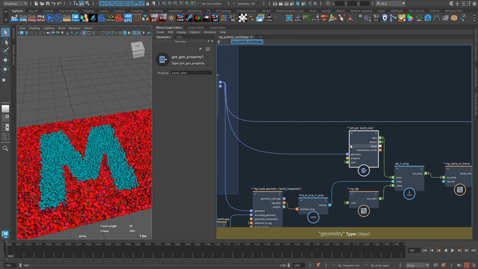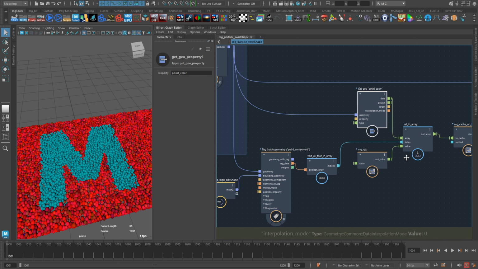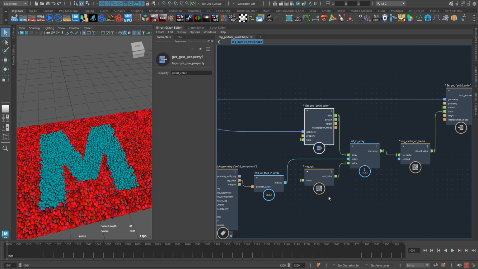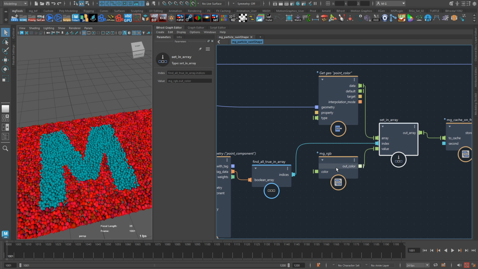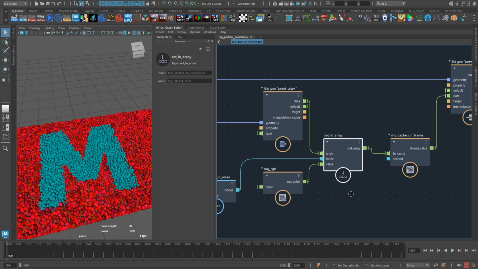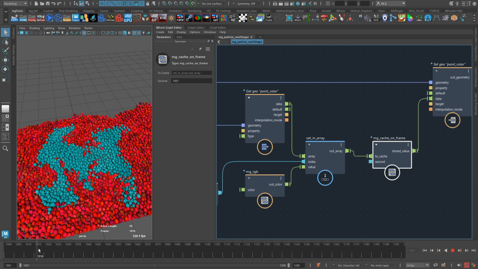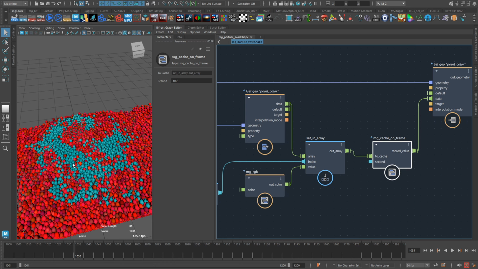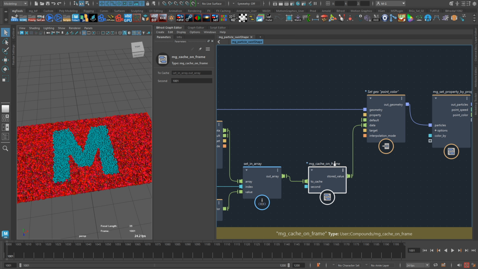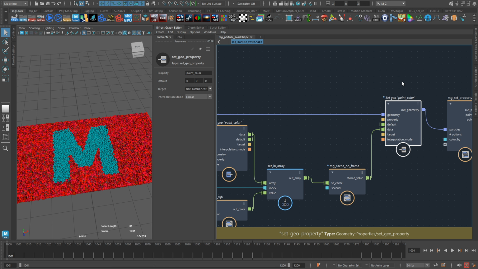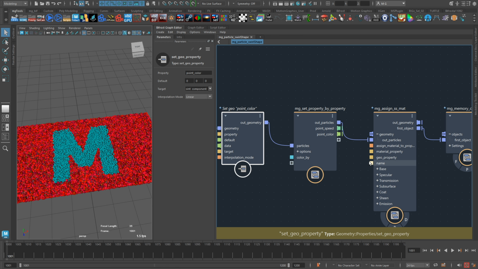To apply, I just got the point color, and then set in array just the points that I wanted to change the color. Freeze that first frame or cache, you know, the first frame. Otherwise, every point that it will be passing through here will change the color to blue. Then set that new color,